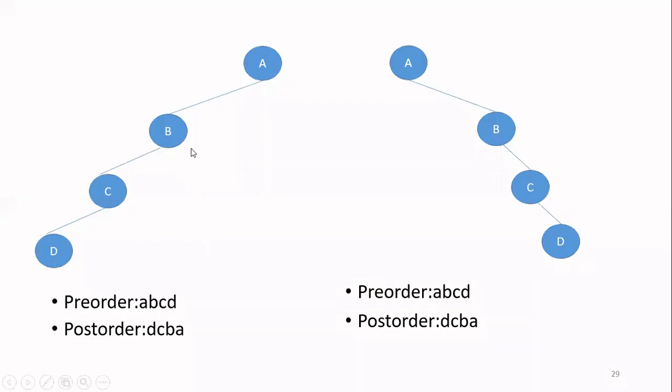In this, we are going to see when we will have the ambiguity. So we have skew trees now. The first one is a left skew tree and the second one is the right skew tree. When we draw, these are two different trees. And when we find out the pre-order and post-order traversal for both these trees, the pre-order traversal will be ABCD and post-order traversal will be DCBA. Similarly, for this tree also, pre-order traversal will be ABCD and post-order traversal will be DCBA. So if you see here, both the pre-order traversals are same and both the post-order traversals are same.